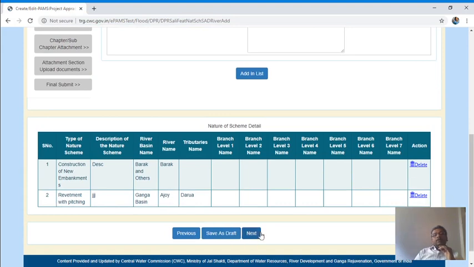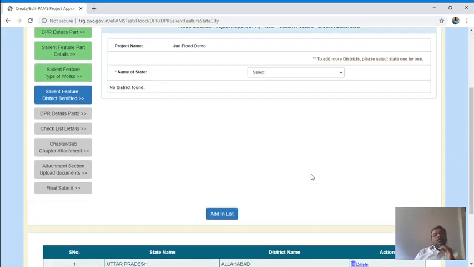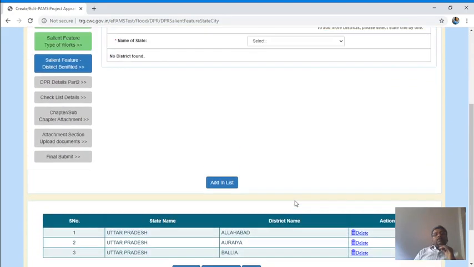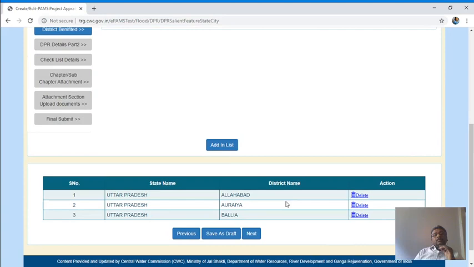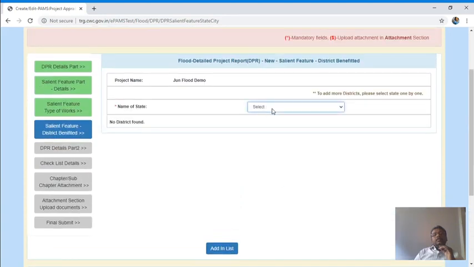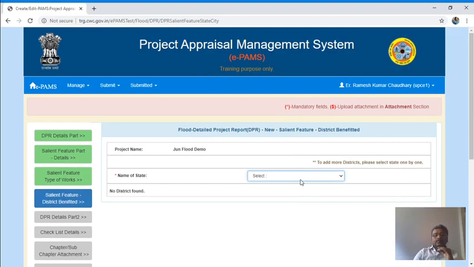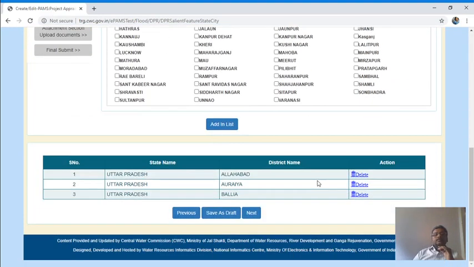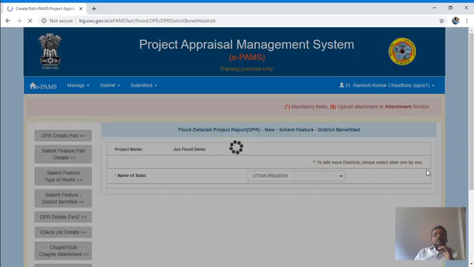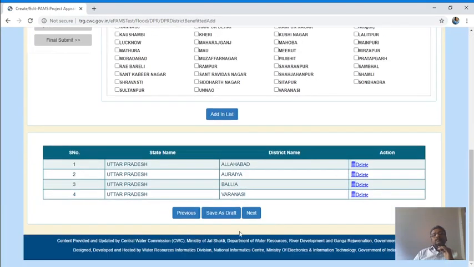You can delete it also if not required. These are the districts benefited. You can add them from here. Next.